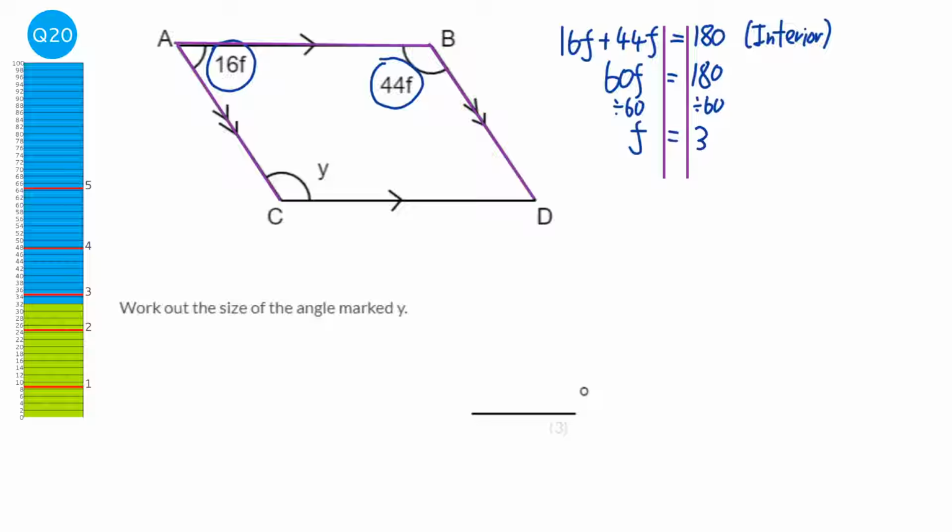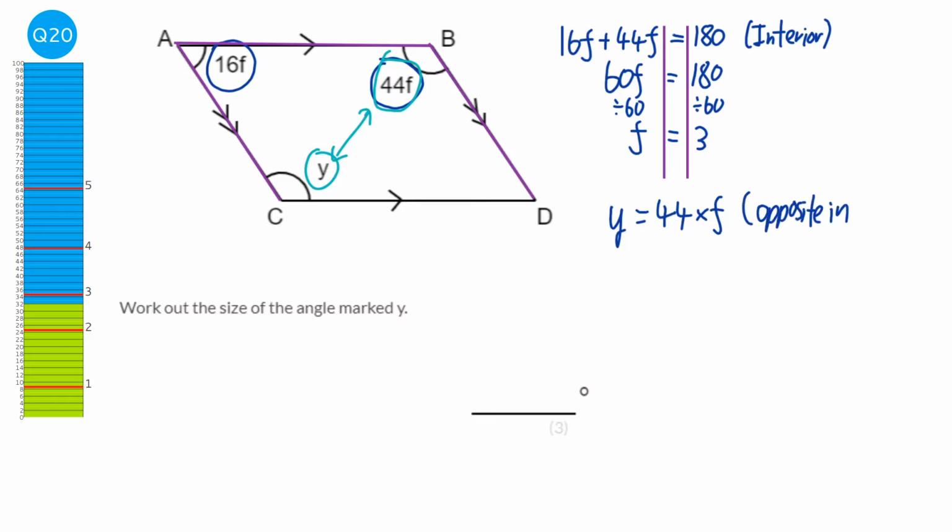Right, the other thing I notice is that we have a parallelogram, and something we know about a parallelogram is that the opposite angles are equal. Now you could also look at this angle and this angle also adding up to 180, they're also interior angles. Kind of doesn't matter with this question which approach you take, you'll get the same answer. So we know that y is going to equal 44 times f, and the reason being is that they are opposite